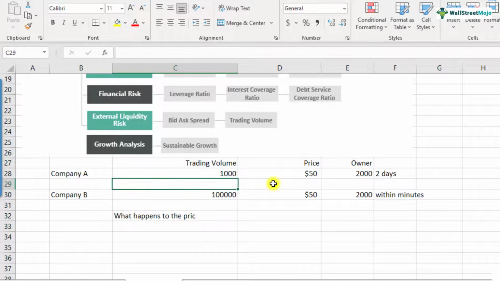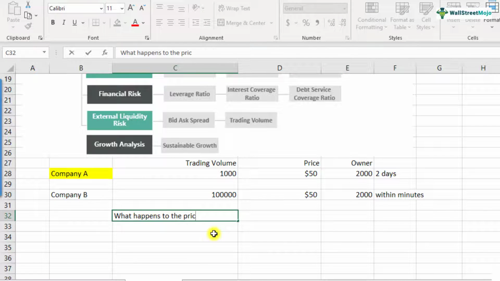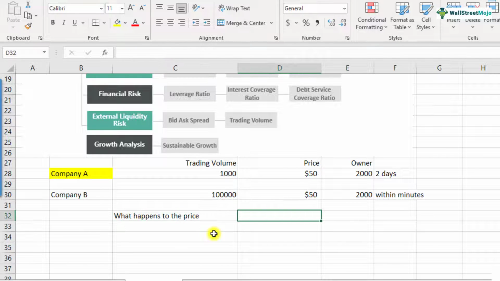If you are the owner of company A and you want to sell 2000 shares, what happens to the price? Will you be able to sell all the shares at $50? No, you won't be able to, because there are not many people who are interested in buying the shares. That's why the trading volume is very low. So you might have to attract